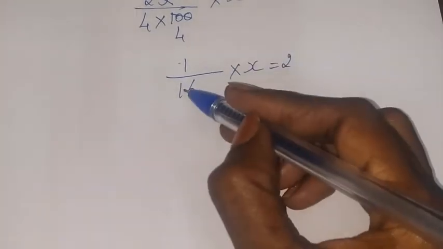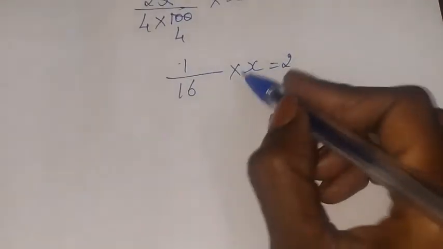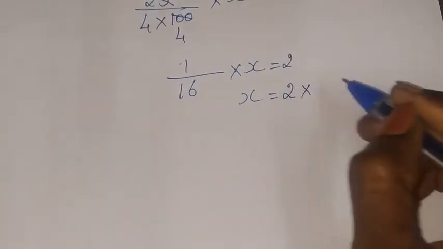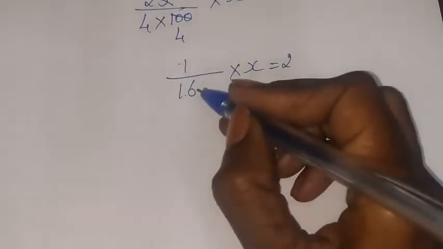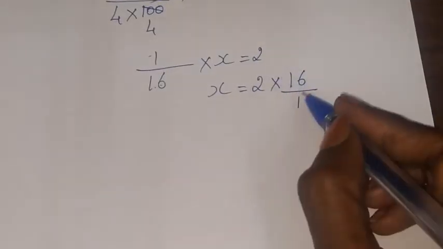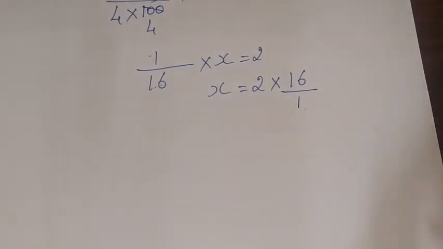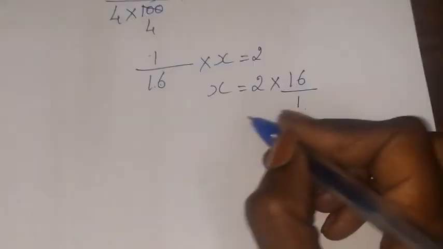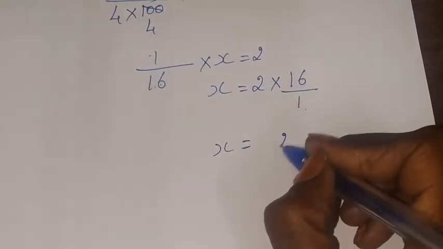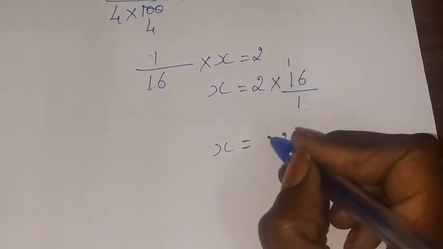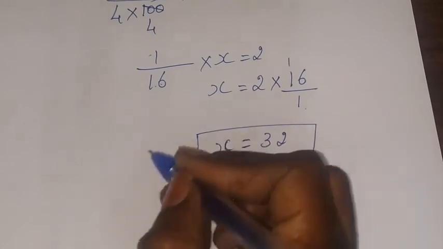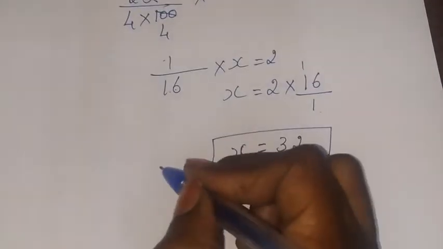When we move a fraction to the other side of the equal to, it will be reciprocated. So x is equal to 2 into this denominator will go to the numerator and numerator will come to the denominator. So the denominator is 1, so we can't simplify more than this. We have to multiply the numerator and write it in the numerator. That's it. So x is equal to 2 6s are 12 and 1 is a carryover. 2 1s are 2 plus 1 is 3. So the value of the total x is equal to 32. This is the required answer.